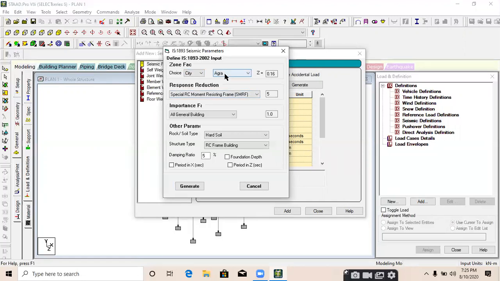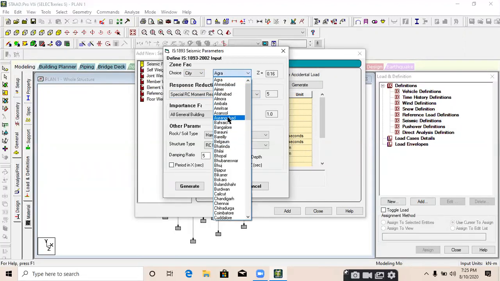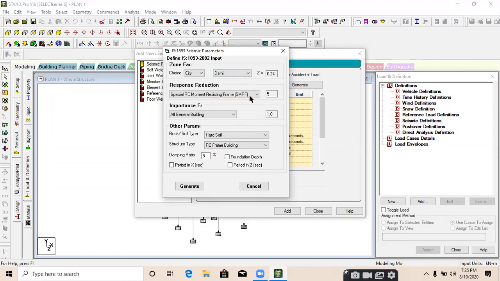If you select city, all the major cities of India will show here. You can select Bhuj, Bhilai, Chennai, Delhi, Dehradun, Goa, whichever city you want to select. For the time being, I am selecting Delhi.